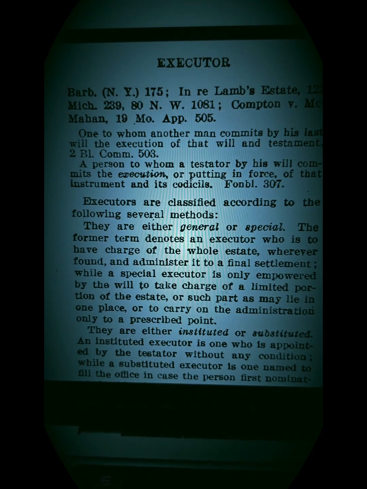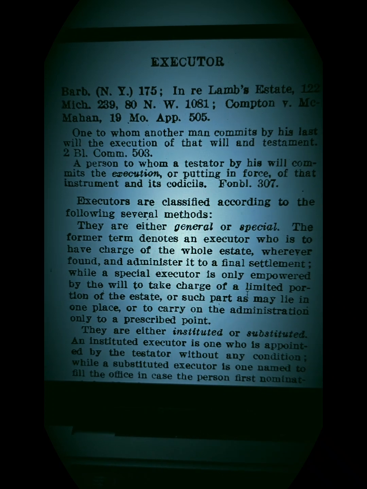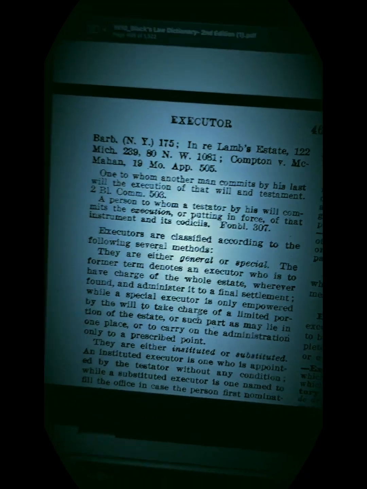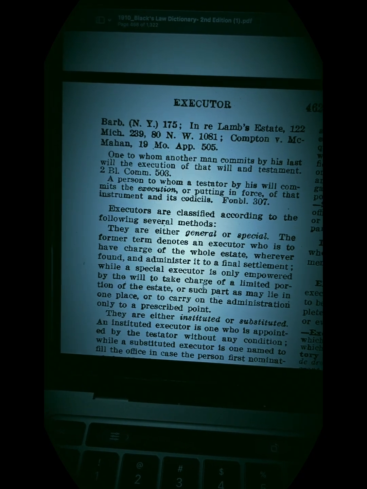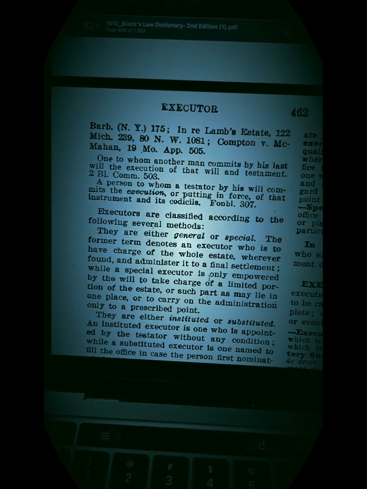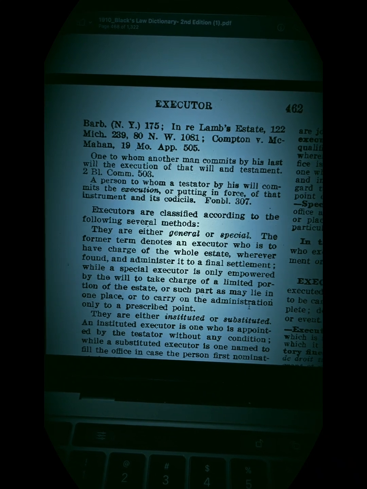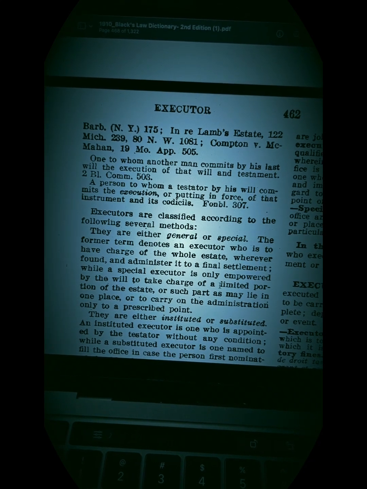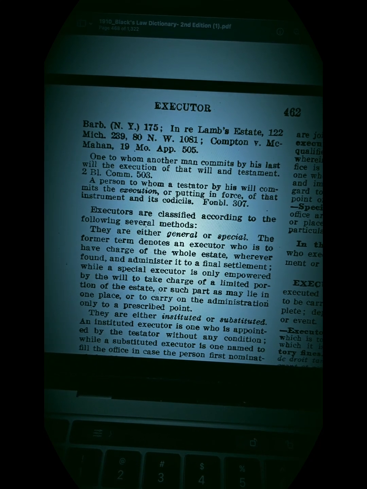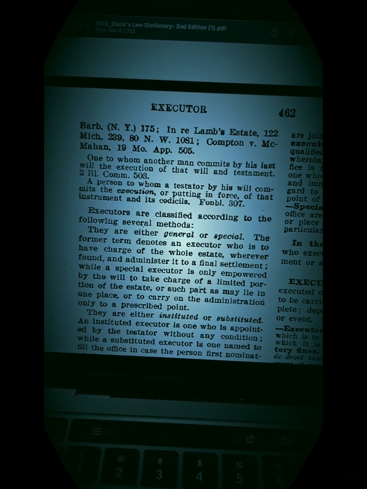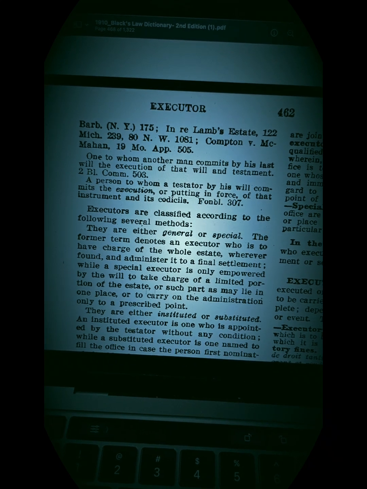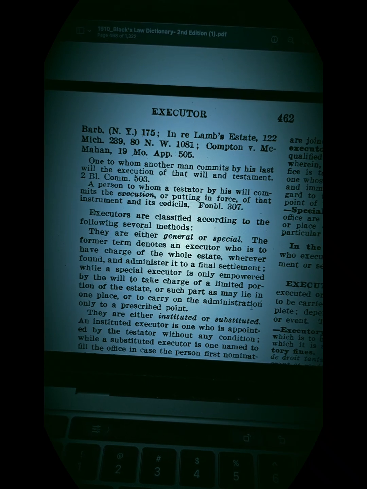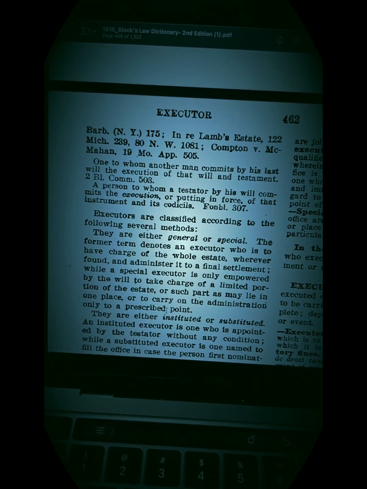Now special. While a special executor is only empowered by the will to take charge of a limited portion of the estate, or such part as may lie in one place, or to carry on the administration only to the prescribed point.